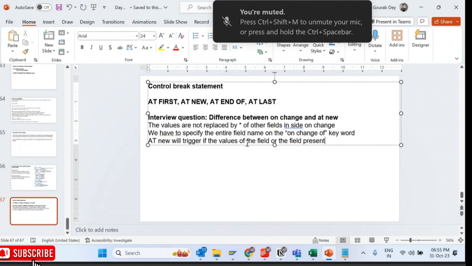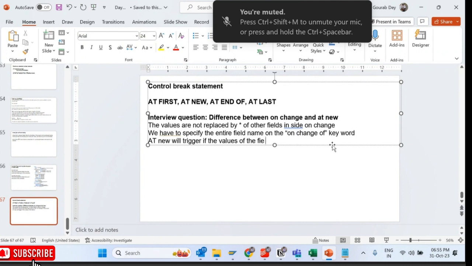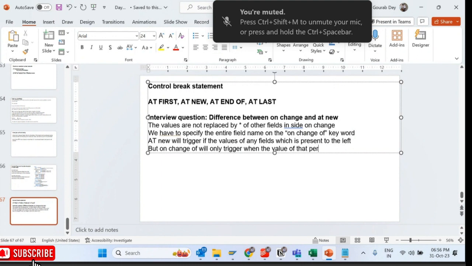AT NEW will trigger if the value of any field which is present to the left changes. But ON CHANGE OF will only trigger when the value of that particular